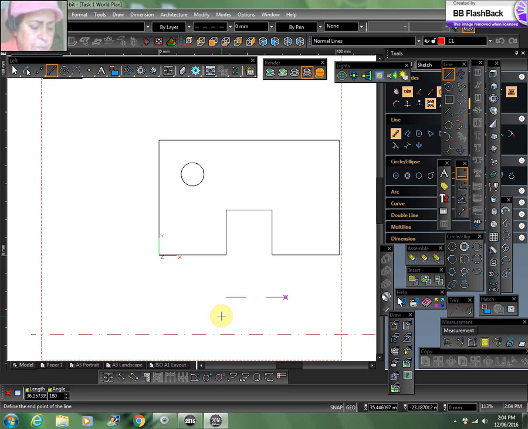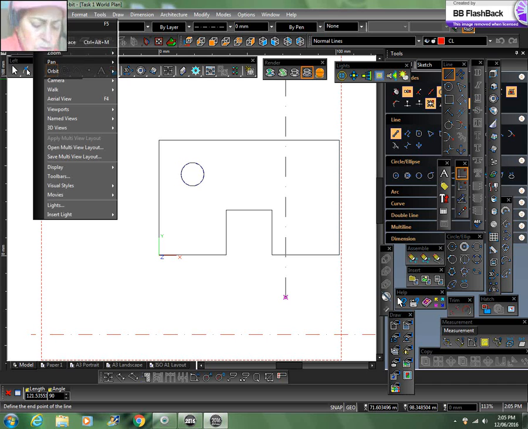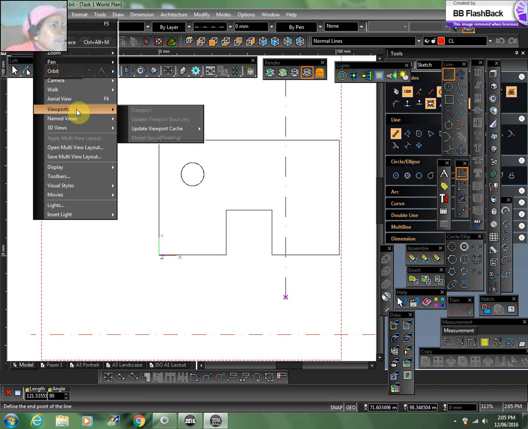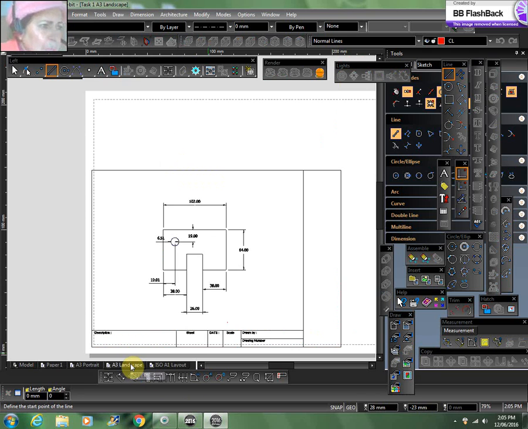Now for inserting the viewport, we have to insert this into the paper space. To do this, we go to view and we go to viewports, and then click on viewport. That is up here. And then in paper space, that is A3 landscape,